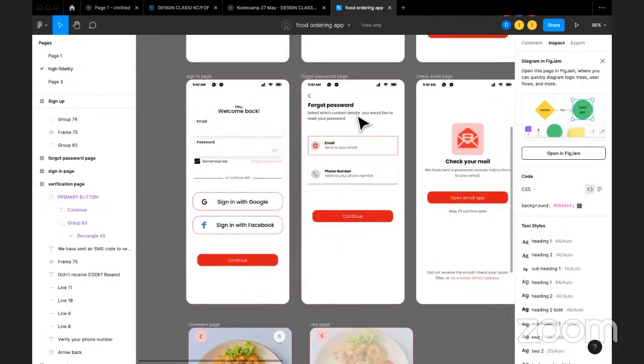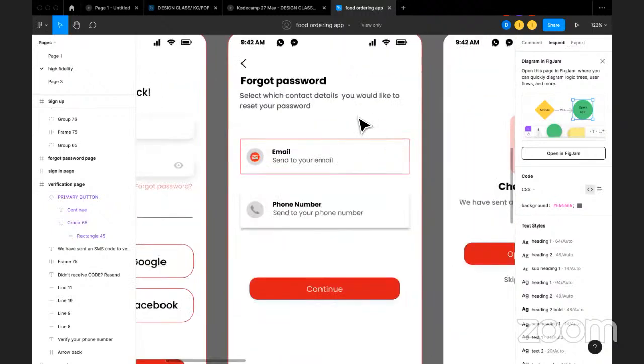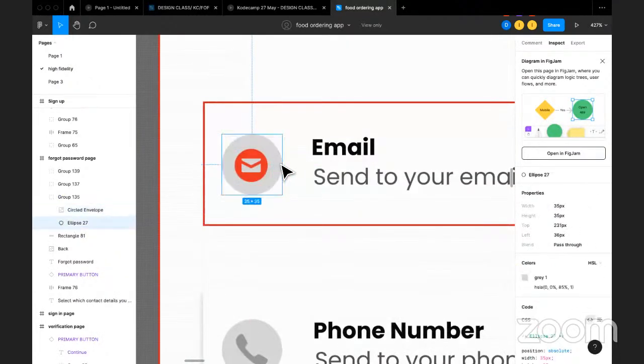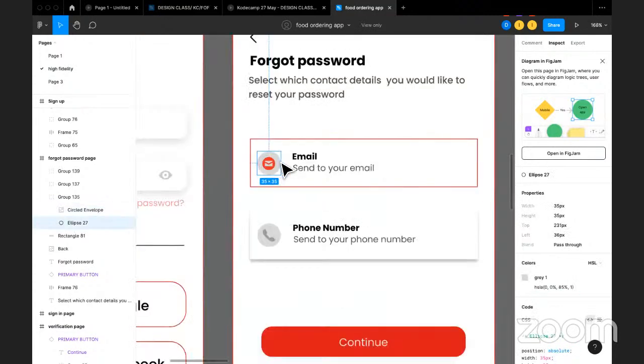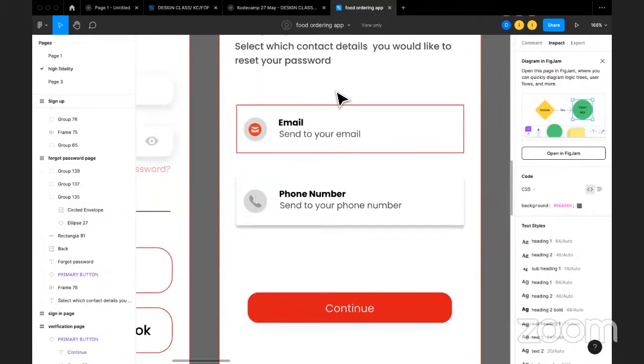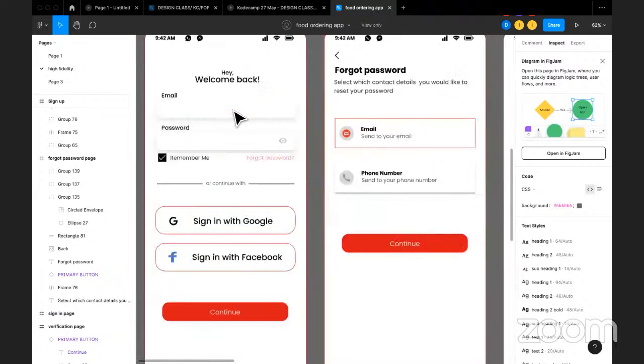Okay. Forgot password, email. Okay, so I'm seeing so many things. I know this is a selected user state which you've designed. Great. So what if I don't know? I feel like this is a shape and then another shape. So many shapes on there. What if you just take out this circle, the ash at the background? I'm trying to know why we have that. So for consistency, to remember here,